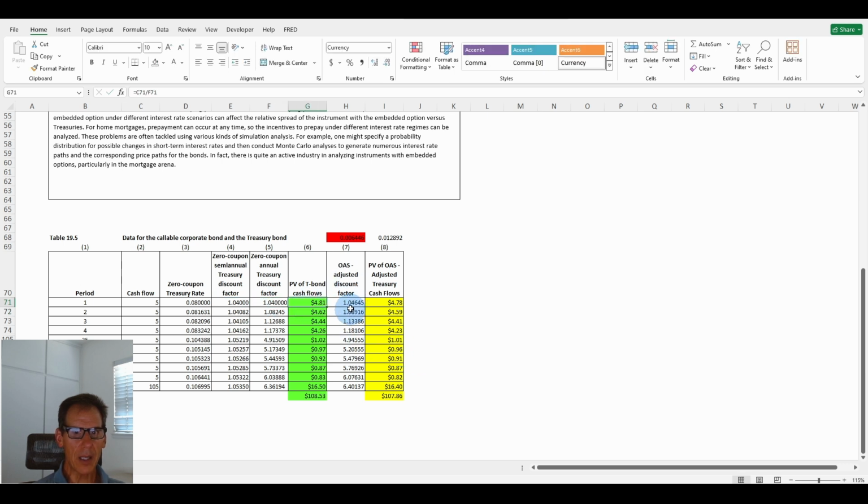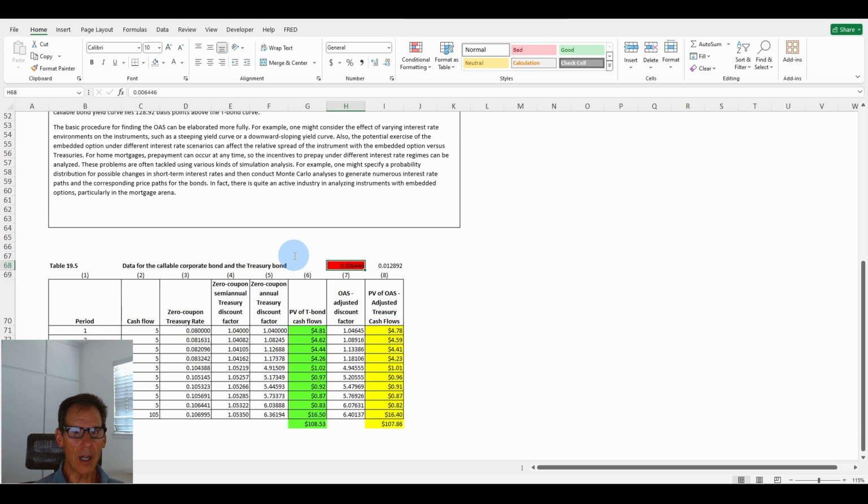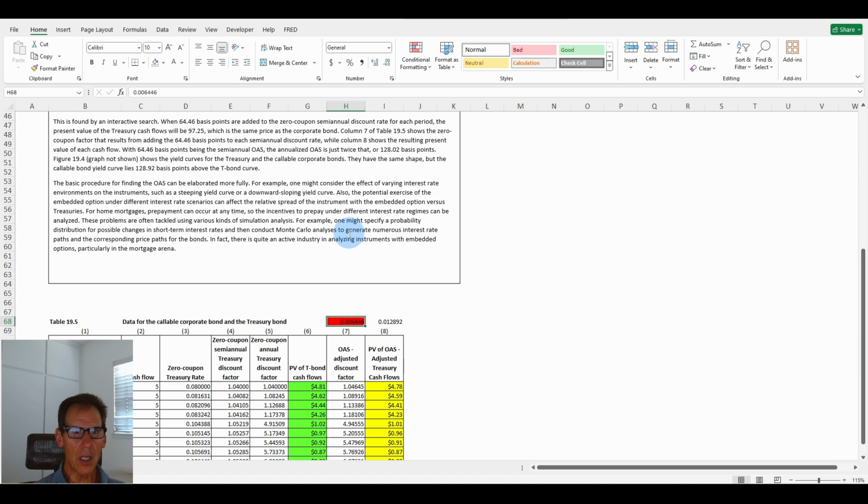And then we take the OAS adjusted discount factor, which is E71, 1.04, plus H68, 0.00646. And that must be the trial and error. So then what do we do here? We have 128.29. OAS: C71, $5 divided by H71. And so we get